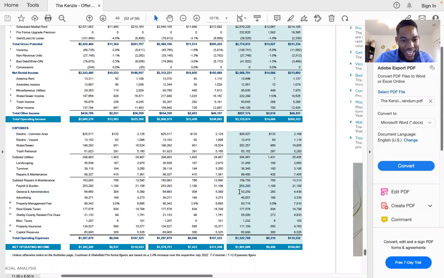So, G&A, they're low in G&A a little bit, about $10,000. They're keeping advertising about the same. They're actually increasing the property management fee here to 3%. The real estate taxes are staying the same. So guys, do you think this is a good practice for us to keep our real estate taxes the same as historical? No. Do you think the real estate taxes would stay the same?